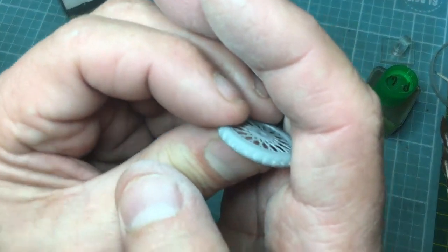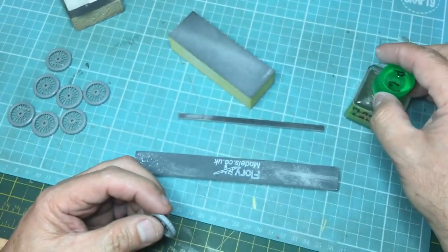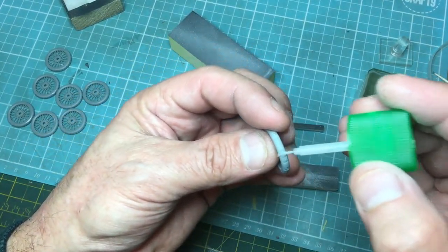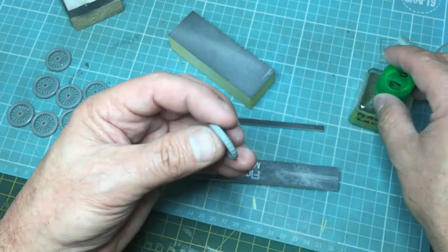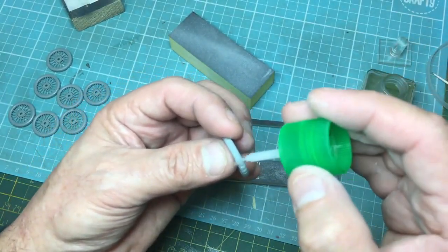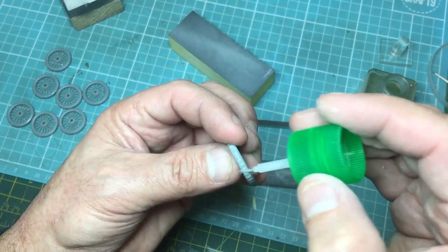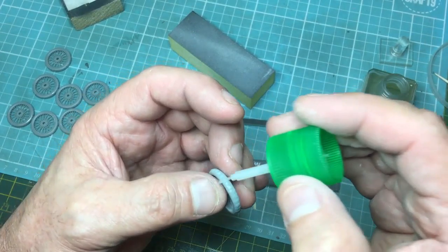Of course, once you've done that, you still have a mould seam in between the treads. So the way I get rid of that is to take some Tamiya Extra Thin or plastic weld or whatever liquid cement you use, and just wet it like that to soften the plastic and brush it over. And it's as simple as that. Don't put so much on that it drips off and runs onto your fingers, because you'll damage the spoke pattern. But that's all I'm doing, going around like this, and then